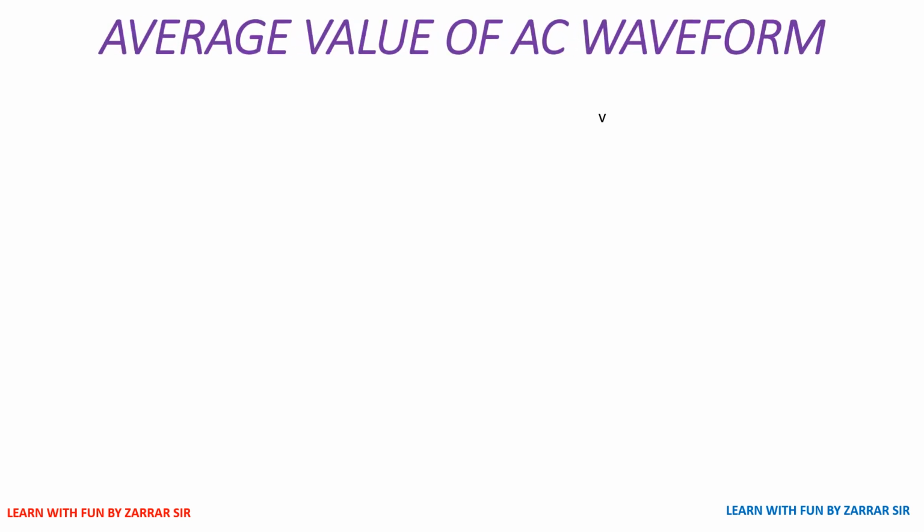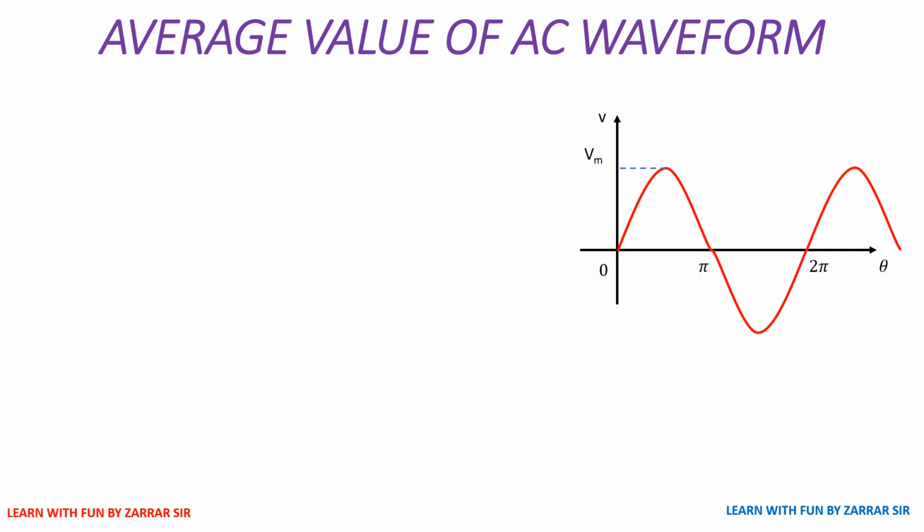Today we'll be discussing a new chapter, which is AC circuit. And in AC circuit, we need to calculate two parameters. One is average value and another is RMS value. So today's lecture will be focusing on average value of AC waveform. How to calculate average value of an AC waveform will be understood by a few problems that are very important to understand. So let's take this first problem.